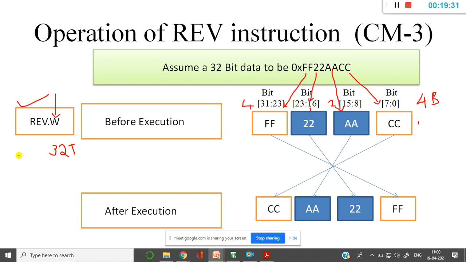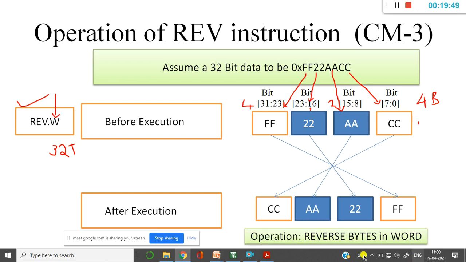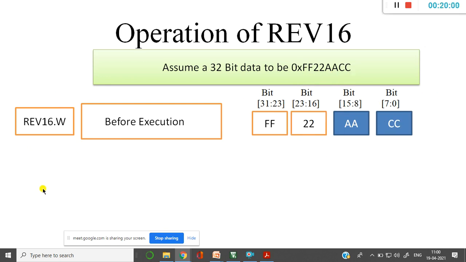If I write REV.W, then it is 32-bit Thumb mode. If I'm writing only REV, then it is nothing but a 16-bit ARM mode. So here we are trying to reverse the bytes in a word. We'll move to the next instruction.